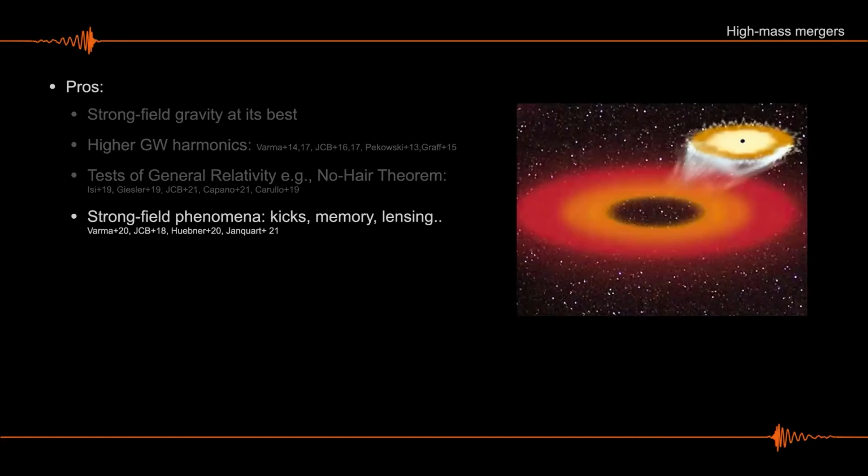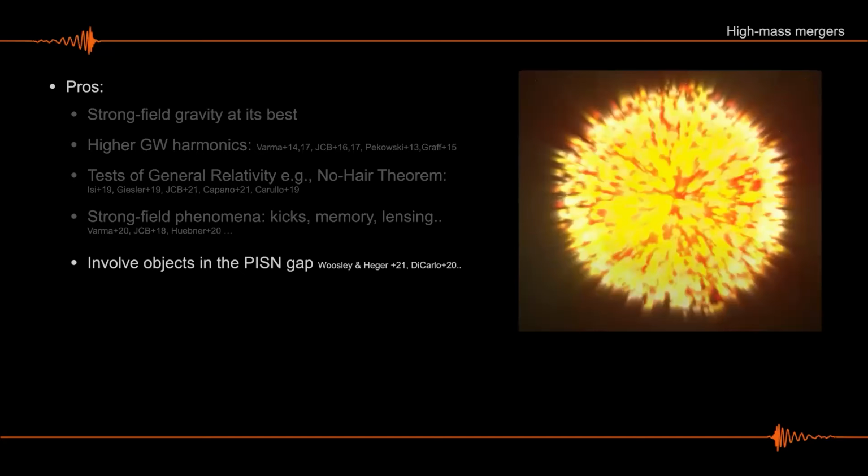And when you can observe these final mergers, you can also have access to strong field phenomena like gravitational wave recoils, which is a thing I'm very interested in. Gravitational wave recoil happens when after the merger, the final black hole gets ejected at a given recoil velocity. This is because the emission is asymmetric, so you need to conserve linear momentum. These kicks are very relevant in astrophysics because they can get to values of thousands of kilometers per second. And such values are enough to basically eject the remnant out of any environment and then prevent it from undergoing subsequent mergers, and therefore create hierarchical black hole formation channels.